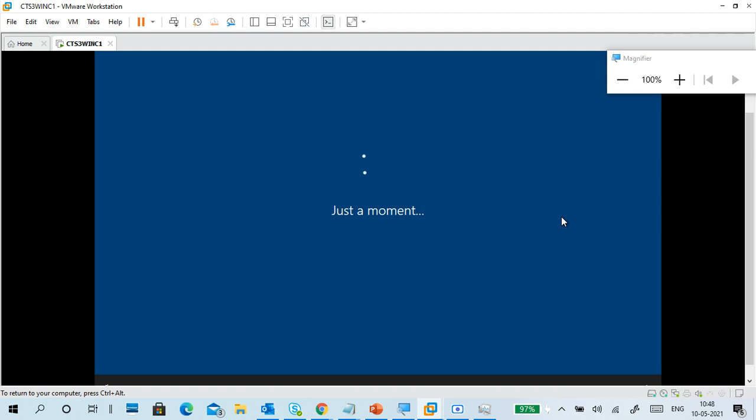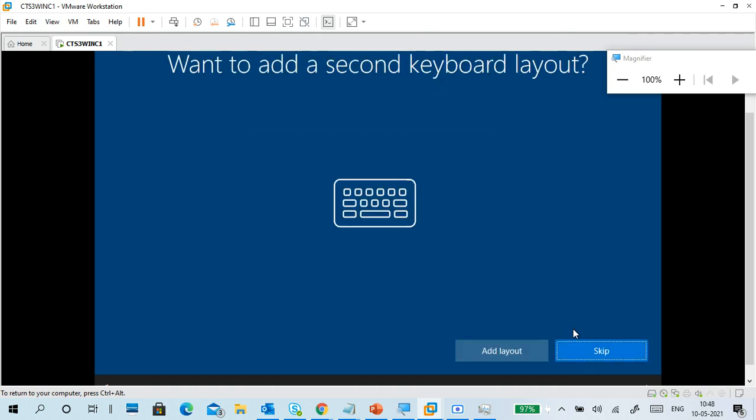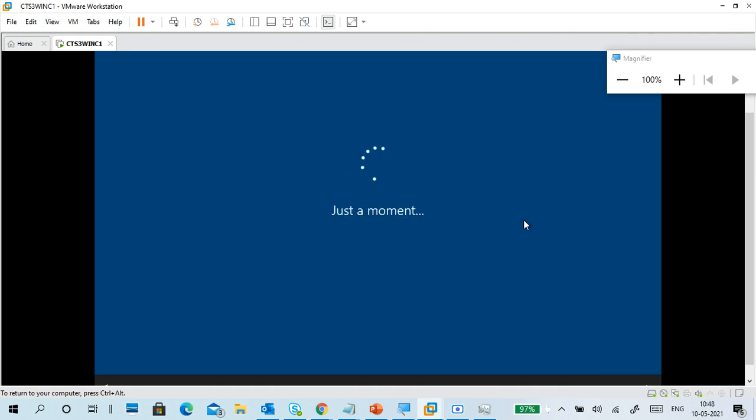Based on that, you have to give the time zone. Keyboard layout: you can choose English India or you can use US. US is a better one, because otherwise you have to specify your layout. We are all using IBM layouts only, not separate layouts here.